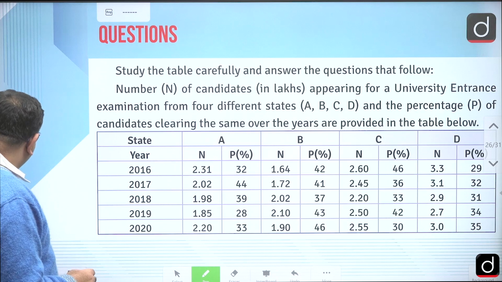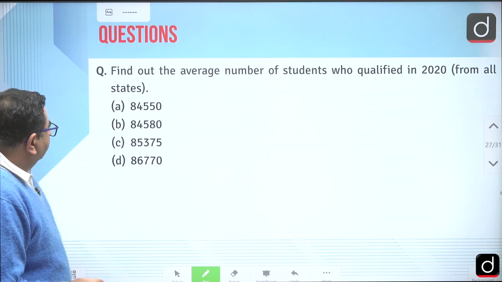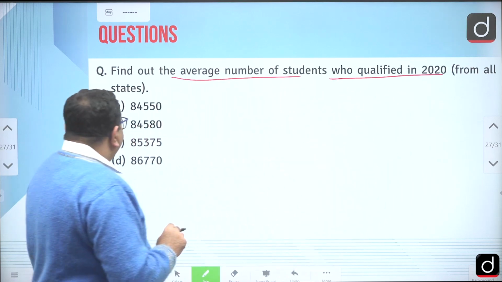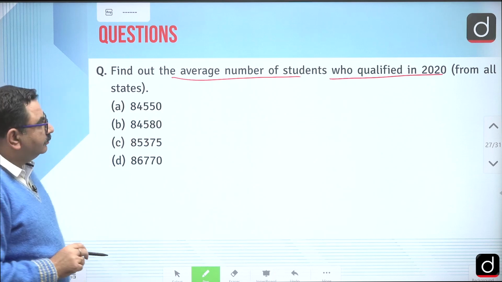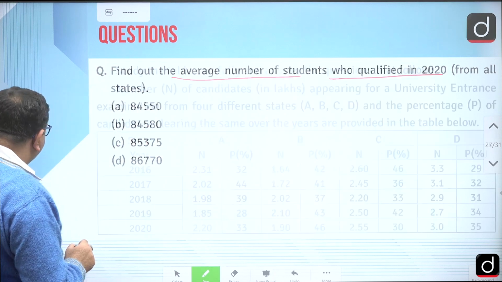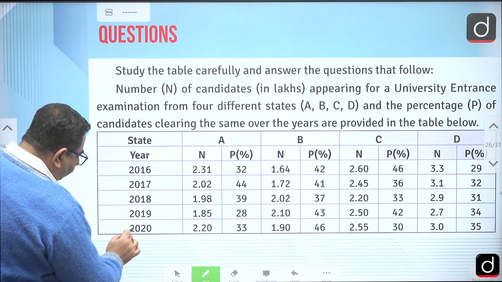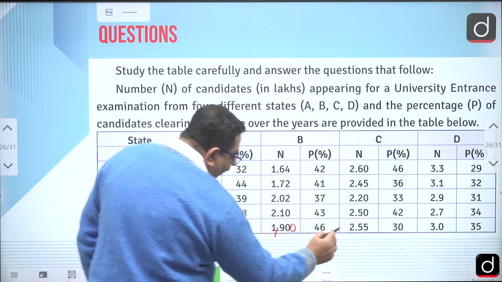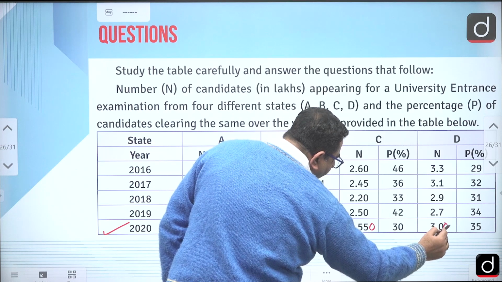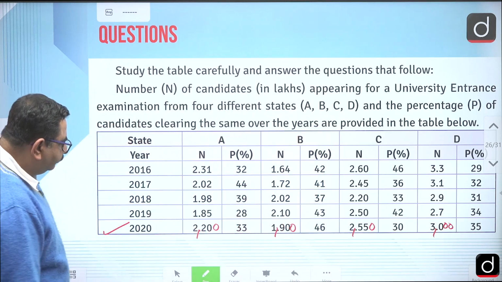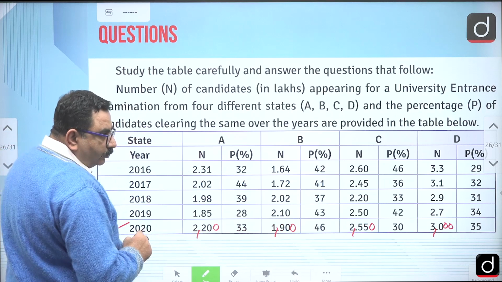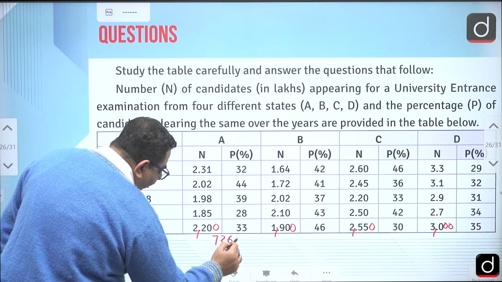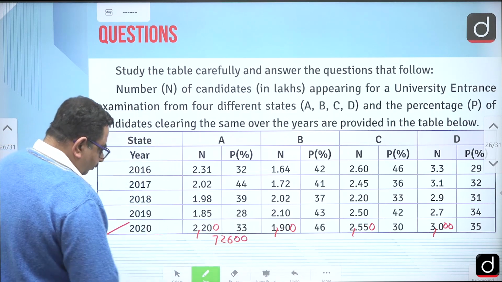Okay, the same question, and the question is, find out the average number of students who qualified in 2020 from all the states, right? So in 2020 we have to check numbers. So in 2020, right? So again we know that this we have to do, right? This we can do fast, right? Okay, now 33 into 22, right? This we have just calculated, that is 72600, right? Okay, plus